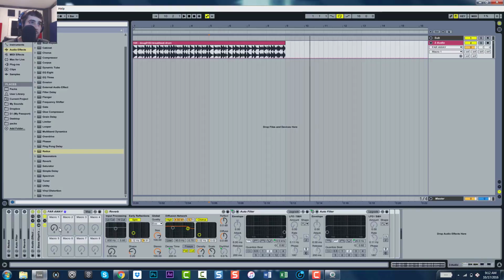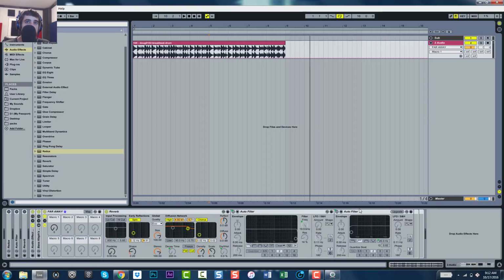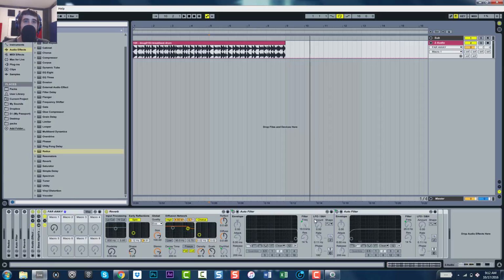So this one's a little more predictable, just reverb and auto filters. It's kind of like a combination we were talking about earlier, but it already has it all mapped up: the timing, the dry/wet, all this stuff. I know what it is, the work's done for me, so I will pop this chain in first